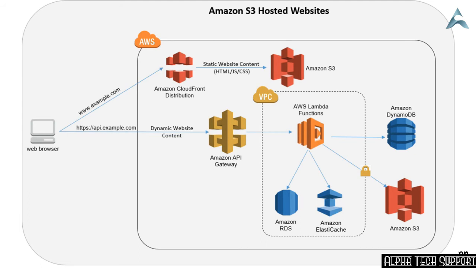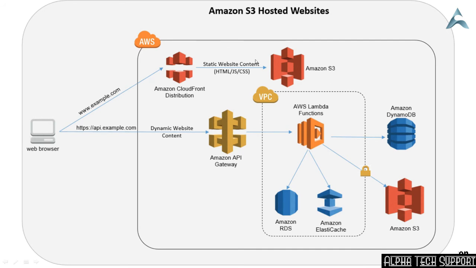It has the URL which is directed to the AWS CloudFront distribution and checks whether this website exists or not. If it exists, it searches an S3 storage and provides the link and the page available to the web browser